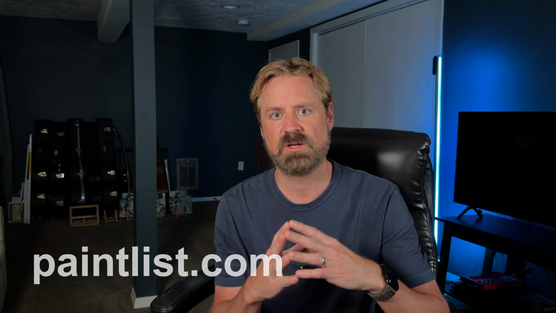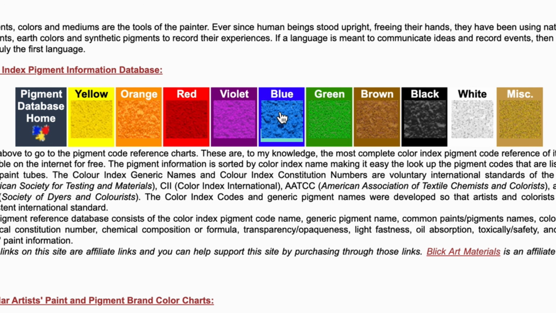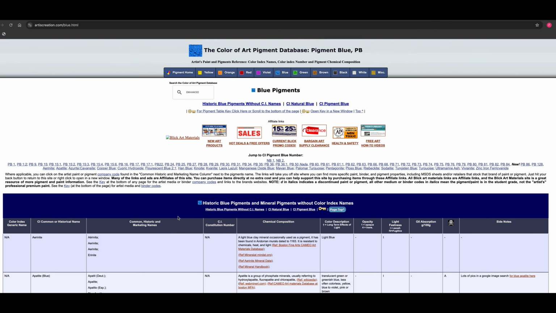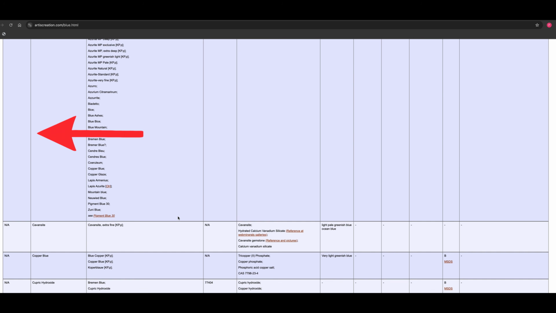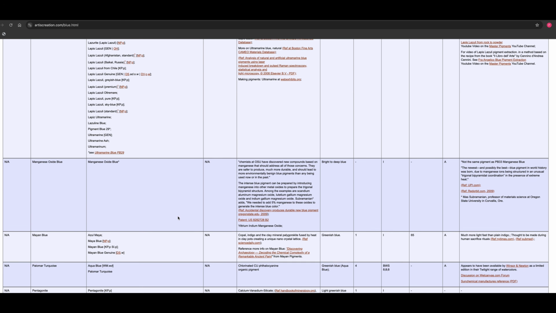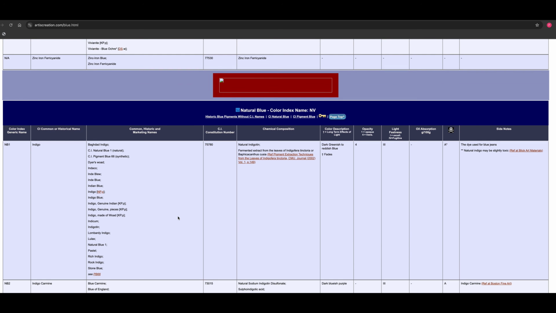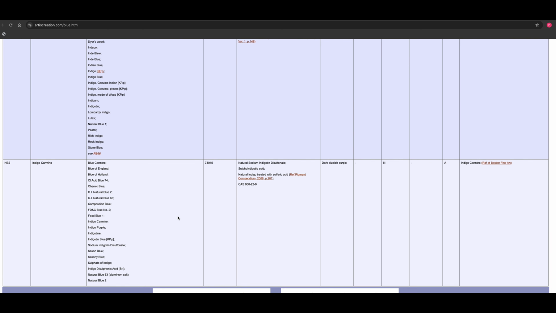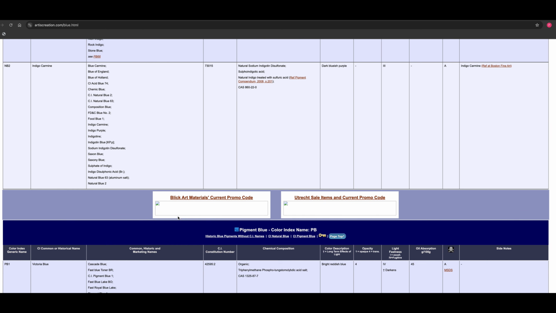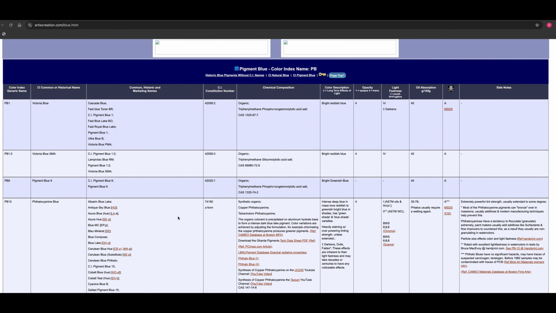So what I do is I go to Artist Creation, and then if I pick a color category like blue, for example, it has three sections. The first one is going to be NA. I don't worry about that. Those are pigments from the past that are not really applicable. The next section is N, the natural pigments. I might glance through that out of curiosity, but for the most part, I'm focused on the pigments that start